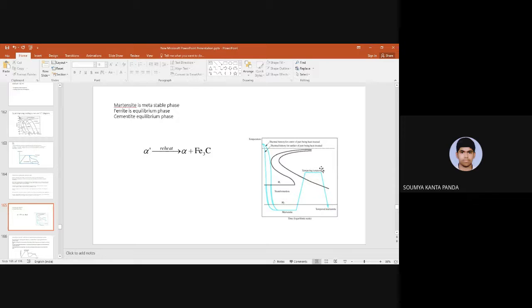Main transformation is not taking place because already this temperature is the eutectoid temperature. For example, if it is eutectoid steel, this is below A1, right? So tempering is always done below A1 temperature, right? There will be no such phase transformation, but a little phase transformation will happen. You should remember, obviously, because martensite is becoming alpha and cementite. So transformation is happening, but below this temperature, it needs more time, right?